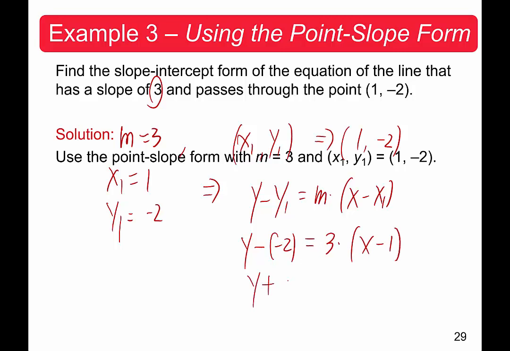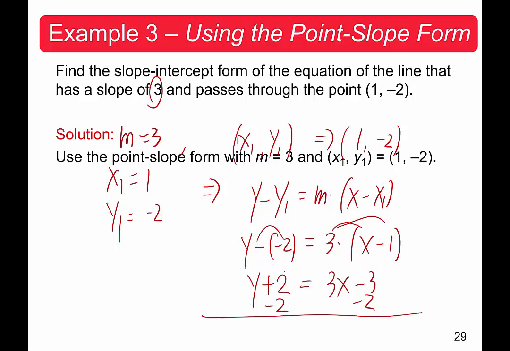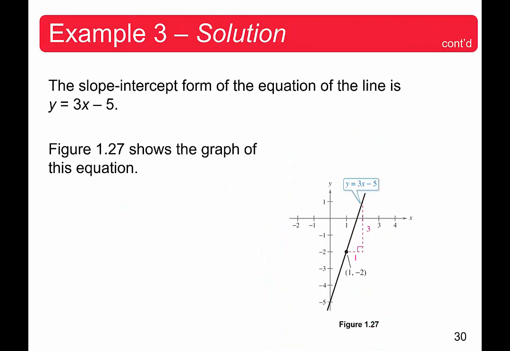So you get y plus 2 equals 3 times (x minus 1). Distribute it, you get 3x minus 3. We're going to isolate y by itself, subtract 2 from both sides of the equation, and come up with the equation of the line in slope-intercept form: y equals 3x minus 5. Okay, so 3x minus 5 is in slope-intercept form, and you can easily graph it using the